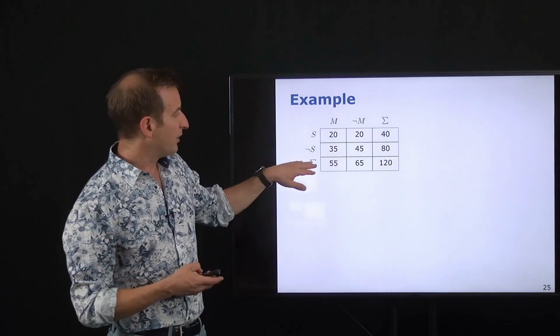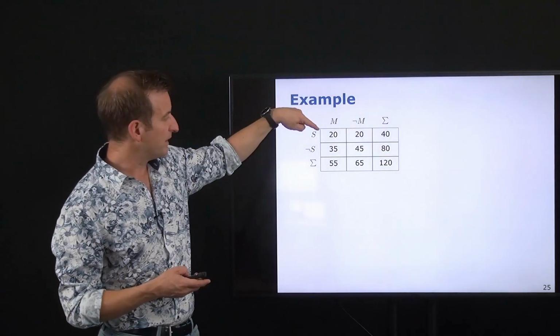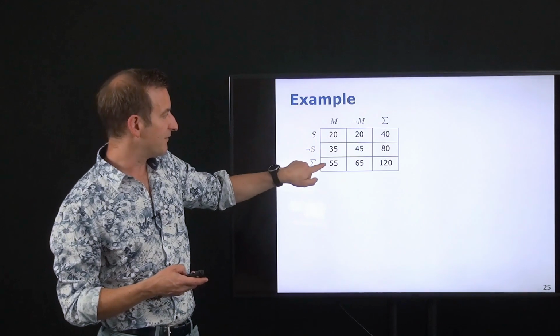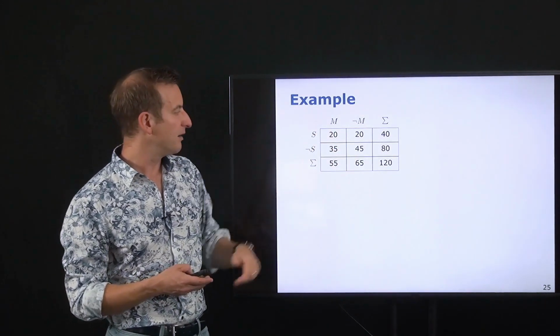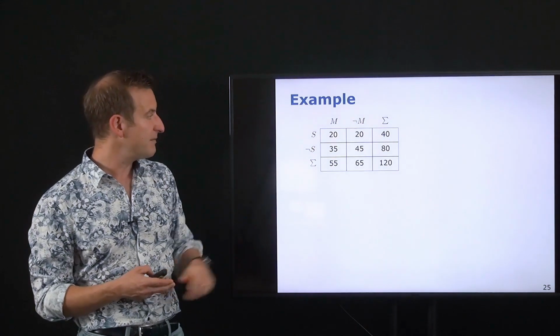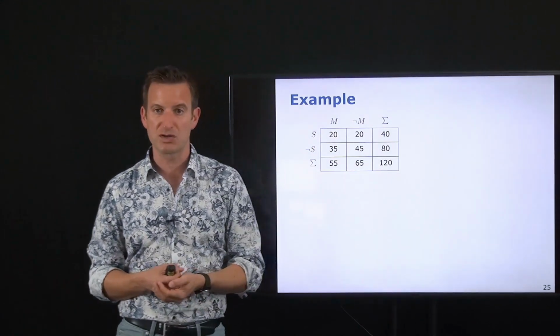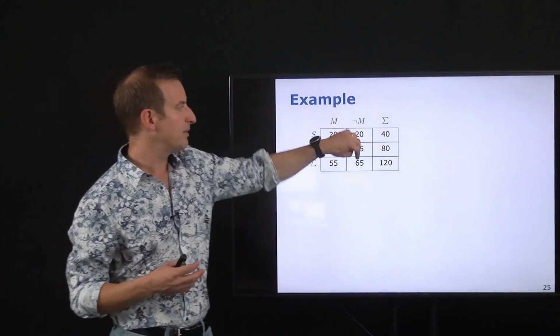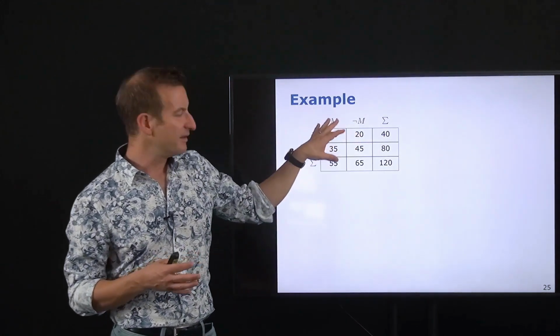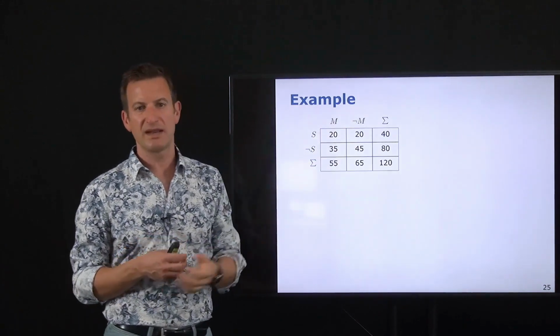And I can do the same at the bottom here over the rows. Then we have 20 plus 35 males and 20 plus 45 females. So 55 males and 65 females, which also add up to 120 people. Okay, so this is my joint probability distribution, or actually the table of occurrences from which I can now compute